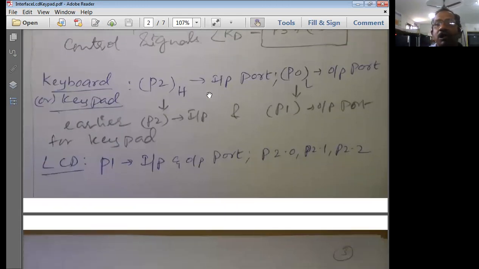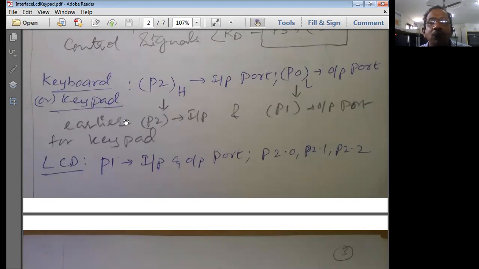Now, in our application, what is the point of discussion here for us? What exactly are we doing here? We are interfacing a keypad or keyboard and LCD. In our program, we are interfacing keypad and LCD to the microcontroller. So what are the keypad ports? That is important now. In general, we have 4 ports, port 0 to port 3: port 0, port 1, port 2, port 3. But port 3 is reserved for some specific specialized operations.